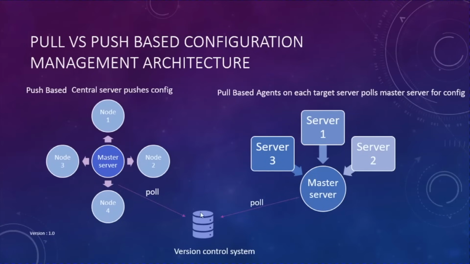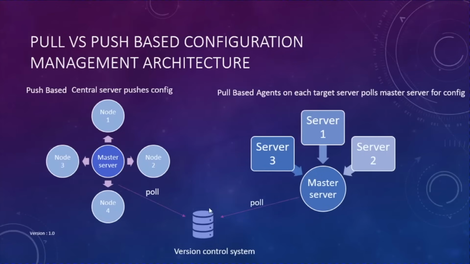This version control system helps you version control your code and makes it easy for you to roll back your changes. Now, in development environments, all the code and configuration will be stored in this version control system, and the master servers, whether it is push based or pull based, will continuously poll the version control system for any changes. Therefore, the information or code gets stored in the version control system, gets version controlled, and then the master servers